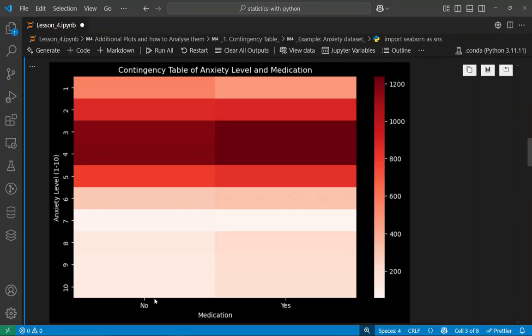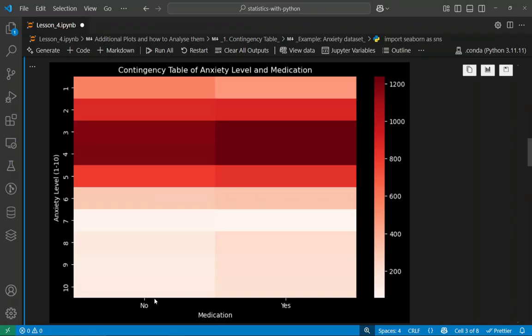And after some time we will measure their level of anxiety and see if the people who have taken medication are improving faster than the people who are not taking it, or whether the people who are not taking any medication are recovering faster than the people who are taking the medication.